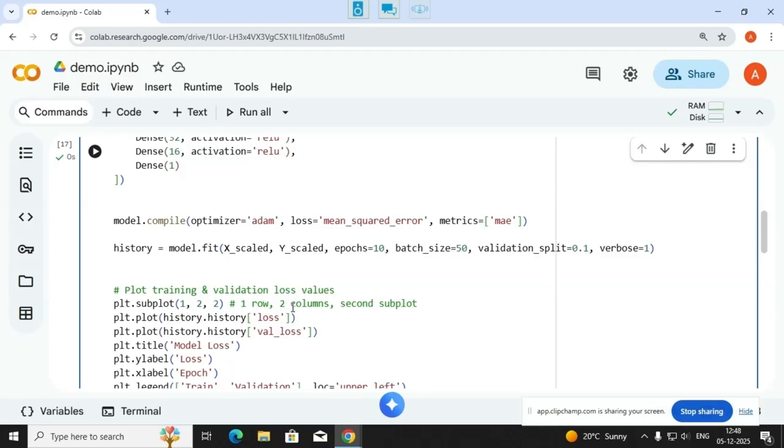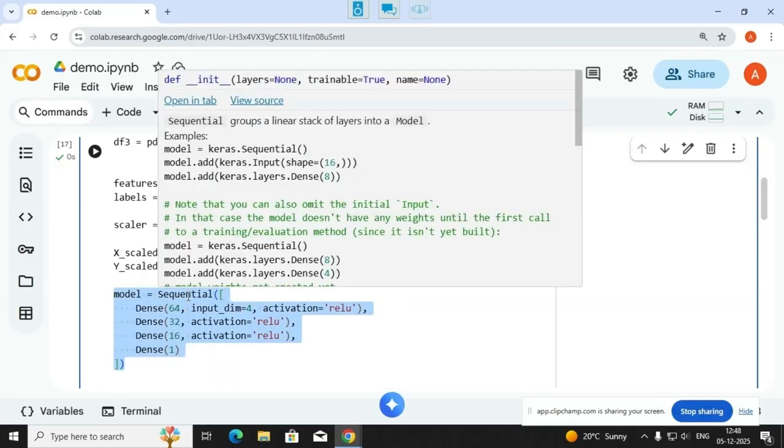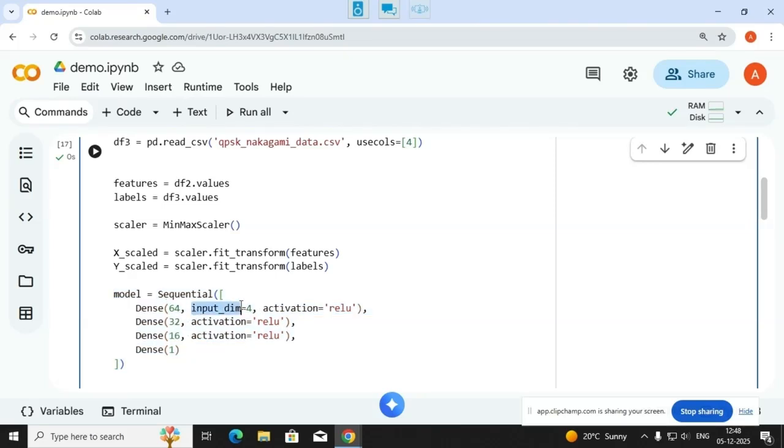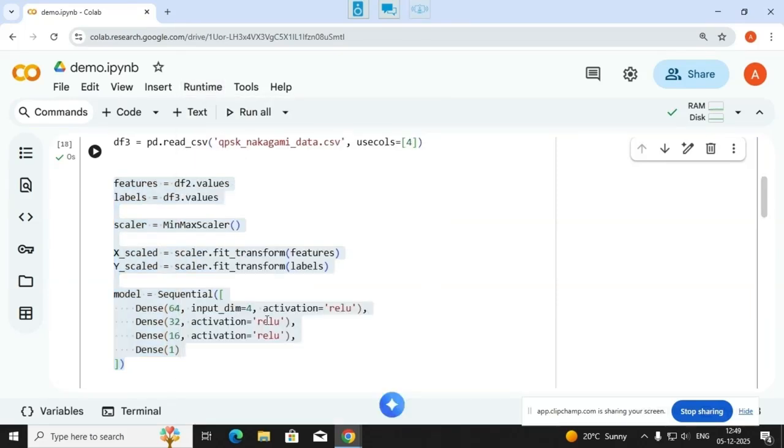Now we'll define our deep learning model. I'm using a basic deep learning model, the sequential model. The input dimension will be 4, which is the most important thing. The 4 corresponds to the 4 features that we have. The output of the first layer goes to the hidden layer having 64 units, then 32 units, then 16 units, and the final output has to be the h predicted, which is a dense output layer having one neuron. Intermediate activations are ReLU functions. If we execute up to this point, everything is okay.